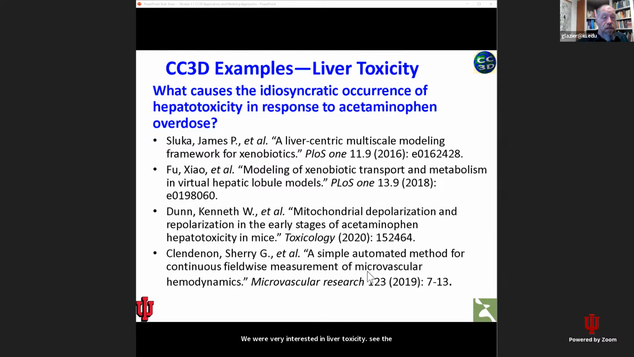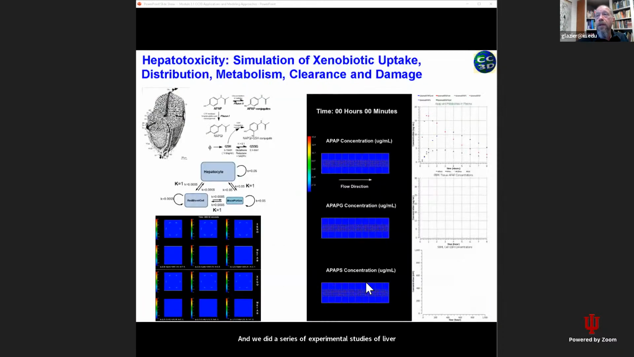Acetaminophen, otherwise known as paracetamol in Europe, is medicine that's used for headaches, for fever. It can be pretty safe, but it also has the unpleasant property of causing liver failure in a significant number of people. And we did a series of experimental studies of liver failure in animals induced by acetaminophen. And we were interested in understanding